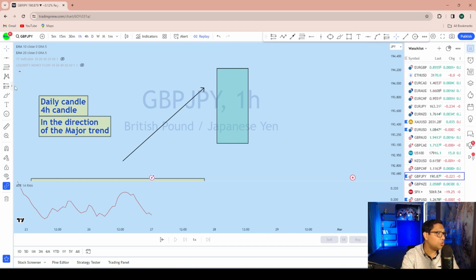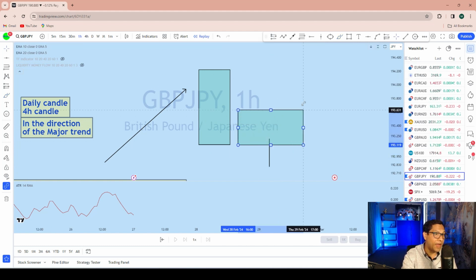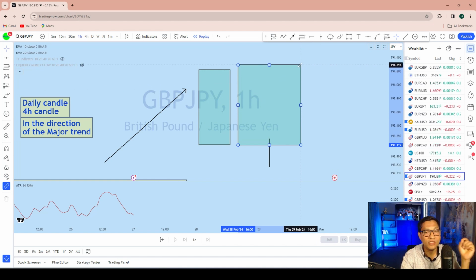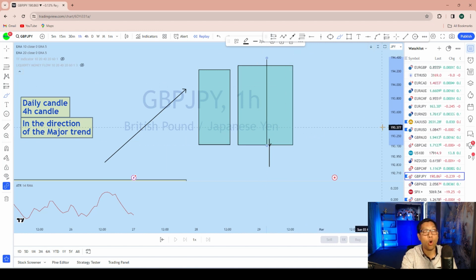sessions, what you need to do is wait for the price to return back to the daily open or close or even the daily low. If the market does something like that and has gone up in the first 2 sessions, you'll see that the majority of the time, after the London session or before the NY session, the market will return back to its original place, leaving a long wick at the top. That's the key. So once you see the price hitting that daily opening and closing, or the price hitting the daily low, the next thing